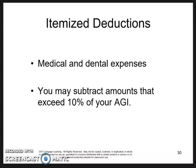So continuing with itemized deductions, medical and dental expenses. If your combined medical and dental expenses exceed 10% of your adjusted gross income, then you can deduct the amounts over. Hopefully your medical and dental expenses don't exceed that, but anyway, if that's the case, you might be able to deduct